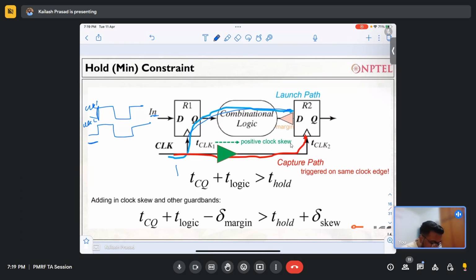This was 1, then it has been made 0, and this is so fast that it has become 0 here itself, in the hold window itself. If that happens, then there is a hold time violation,